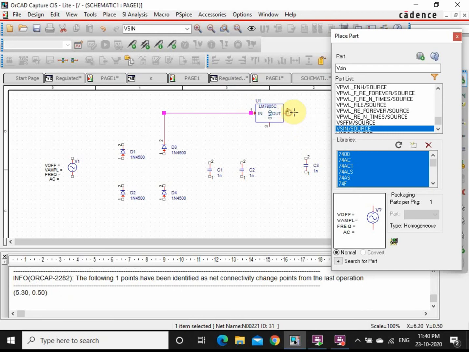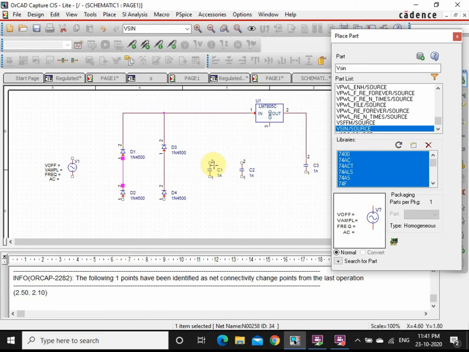Similarly this diode I want to connect to this capacitance. Now this diode I will connect to this diode here. Similarly, this diode is here. So this diode is here.